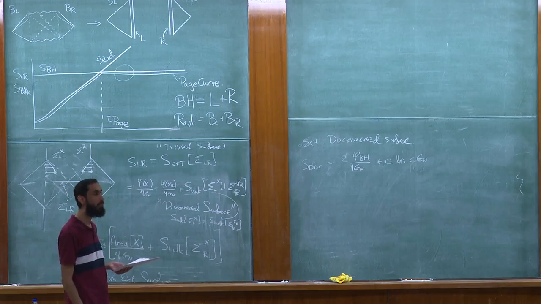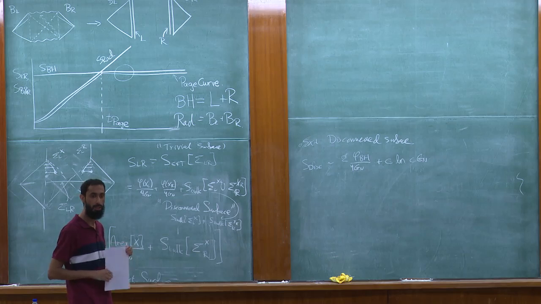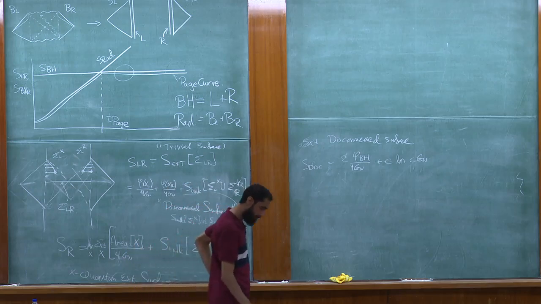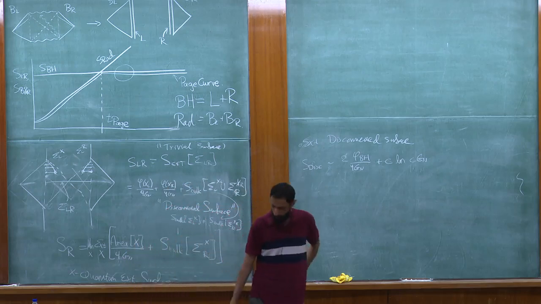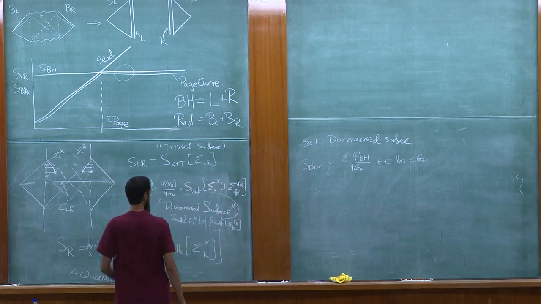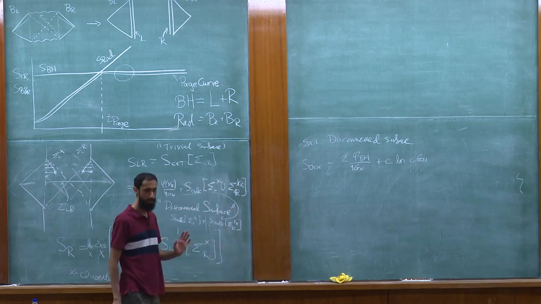No, sorry. What did you mean, sorry? Normally the number of bulk fields is held fixed as G Newton goes to 0. But you're taking the bulk matter to scale with G Newton. Usually that's no good example of AdS/CFT. So that's why I was not. That's certainly true. I mean,